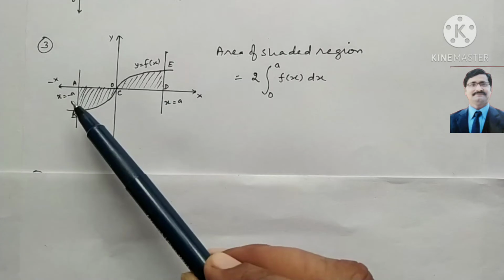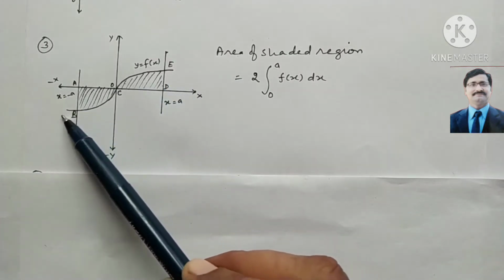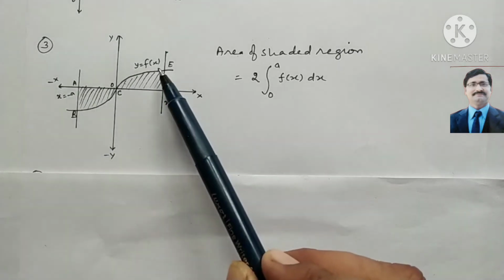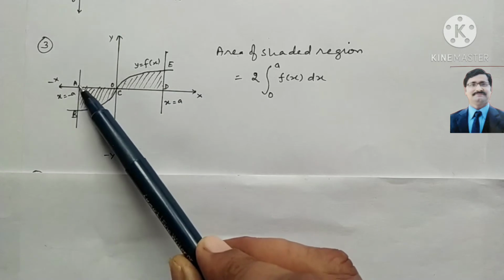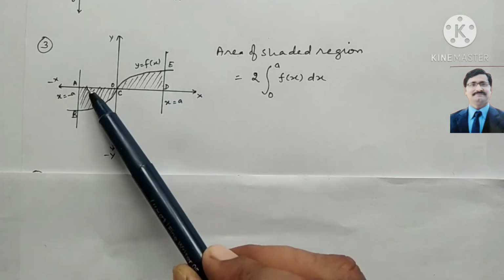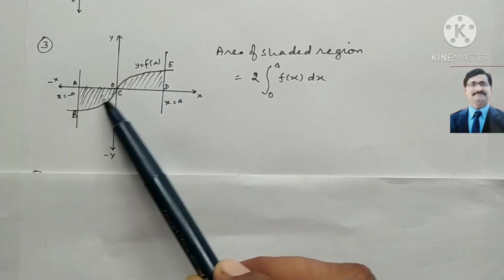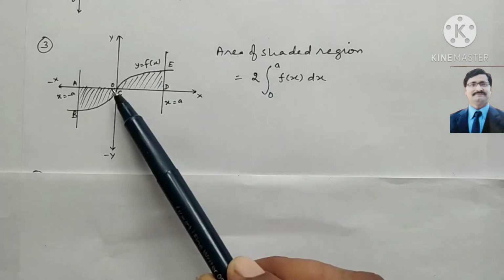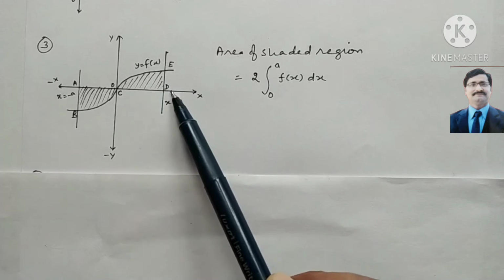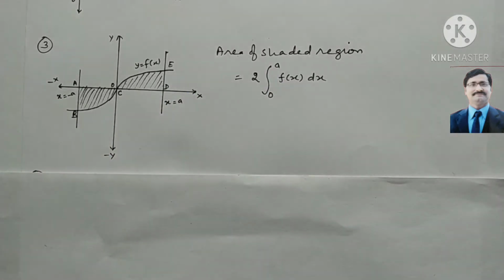Sometimes we have this type of symmetrical part. Here the curve is given y equal to f(x). This is a curve, and if you see in the first quadrant and third quadrant, this is the same type of region. So look here, this is x equal to minus a to x equal to a. We have to find the area. One is below and one is above the x-axis. So look here, this is the same, so we can do double of 0 to a, f(x) dx. Okay, 0 to a we can do, and both sides are the same, so we can double.